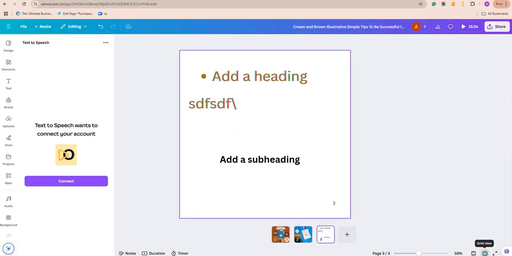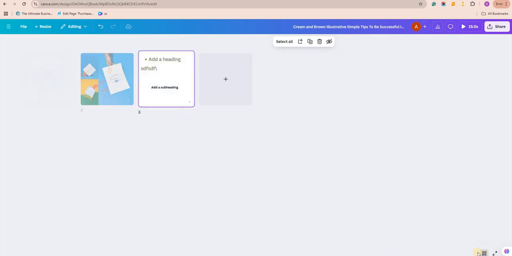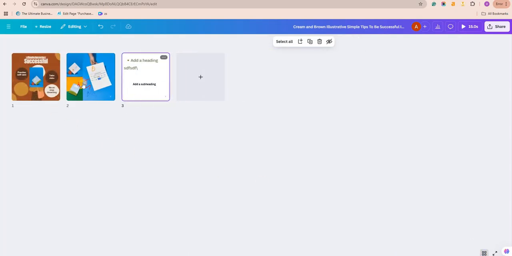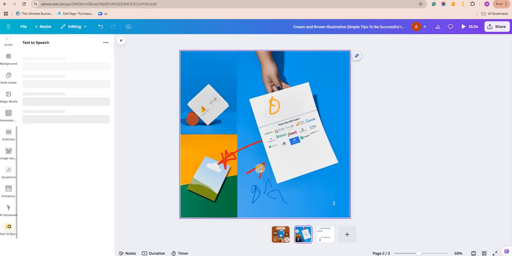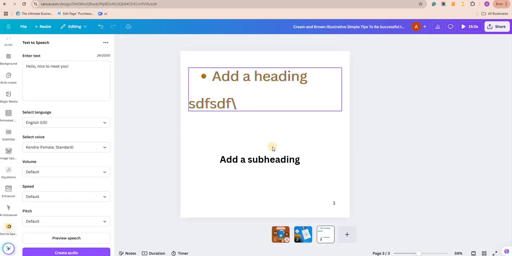Now the fourth option is there, that is the grid view. In the grid view, there are 3 options here. Suppose I want to edit the second one, so I have to click on the second one. Now the second one has been reflected here. So from here I can